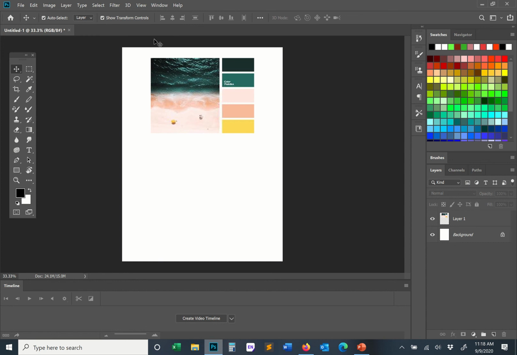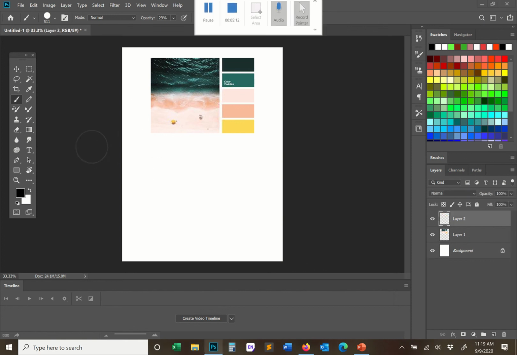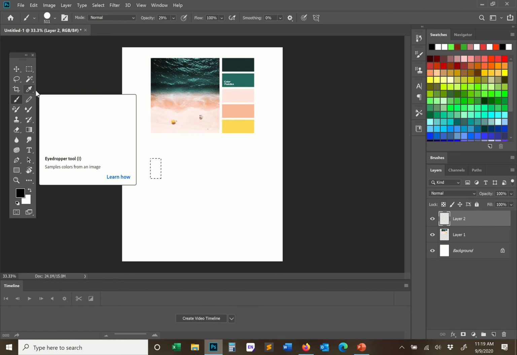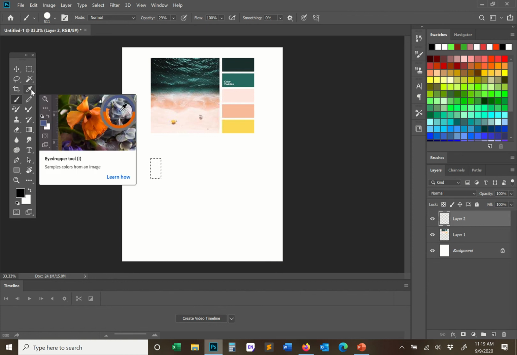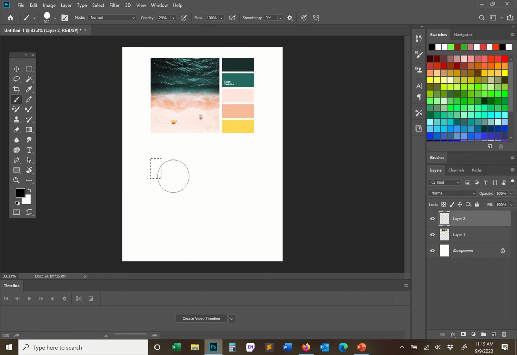So oftentimes the way to do this, and this is most commonly the way that I'm selecting color, is if you have your brush tool selected, there's another tool that goes hand in hand with the brush tool called the eyedropper. Okay, it's this thing right here. In some keyboards it's E, in some keyboards it's I, and this one it's I. And as I'm painting, I'll often select the eyedropper tool. Okay, and this is a tool that selects color by clicking on an area where you like the color. So for instance, if you really liked this shade of pink, you click that and it instantly pulls that color into your brush, and then you can paint that color